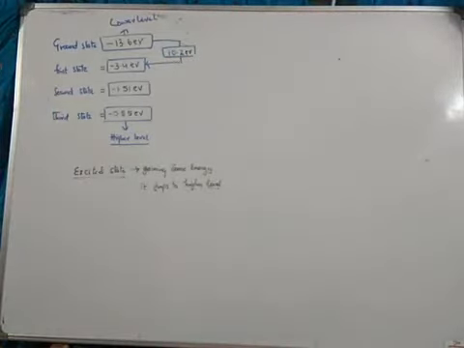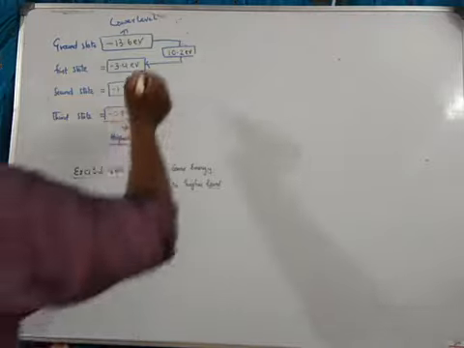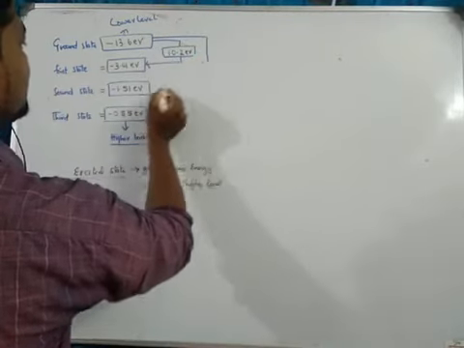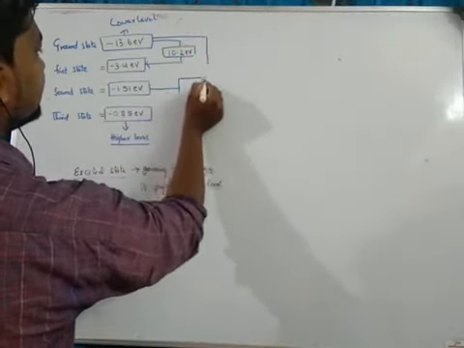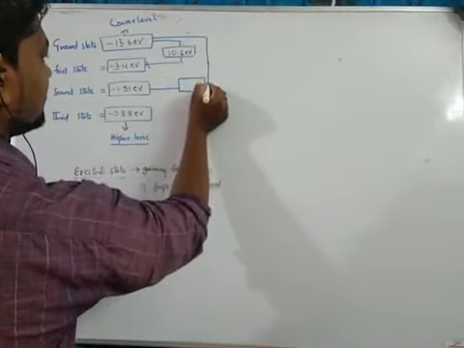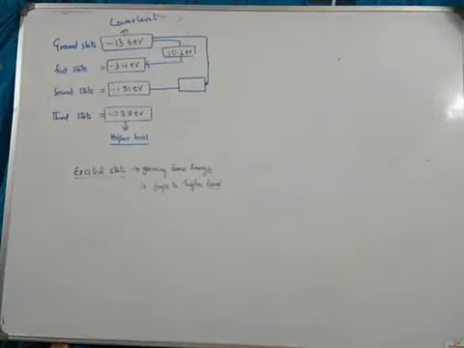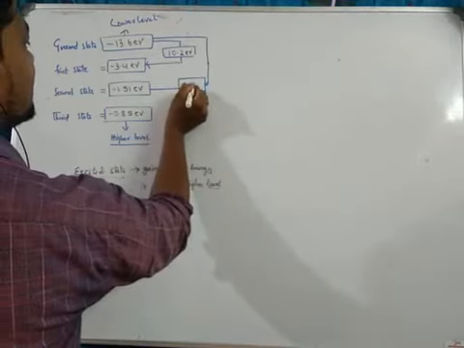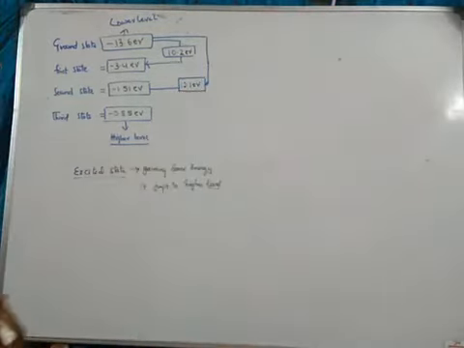If you add 10.2 electron volts of energy, then the hydrogen atom goes from the ground state to the first state. So we are gaining 10.2, and it will be a constant. Similarly, if you want to go to the second state, the energy we need is 12.1 electron volts.